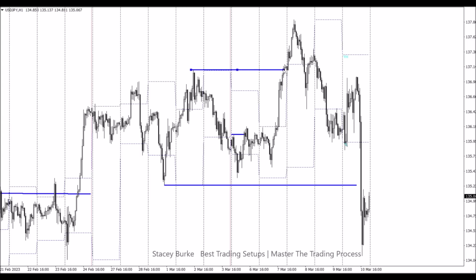I have a market that's broken out of the high of the week and failed. We have a market that has put a low of the week in place on our current week. Our initial balance low is on the Tuesday, Monday, Tuesday, gave a higher low. That is our most recent reference point as the low of the week. And we have the low of the previous week. If we have a failed breakout at the high of the week,